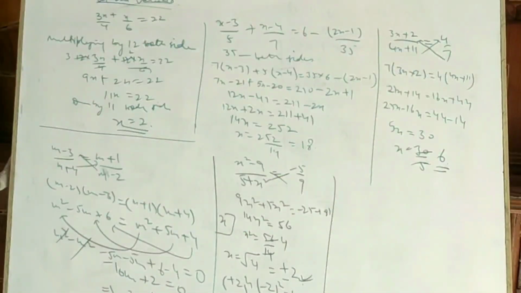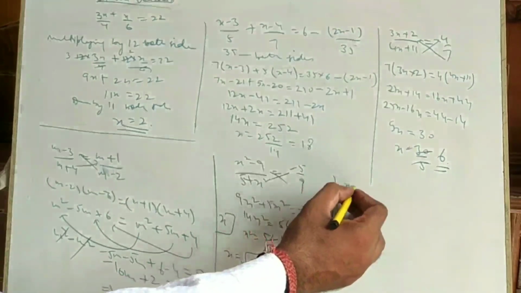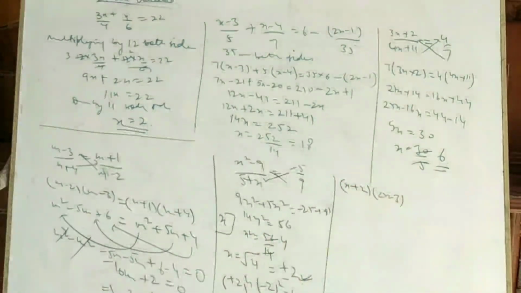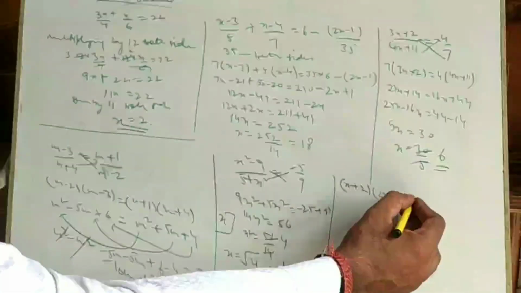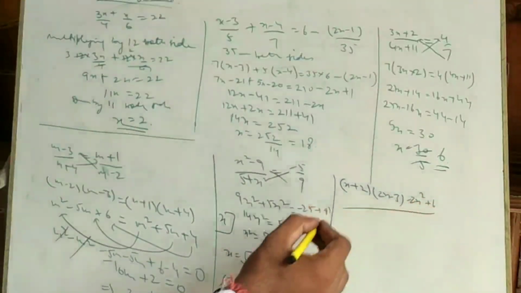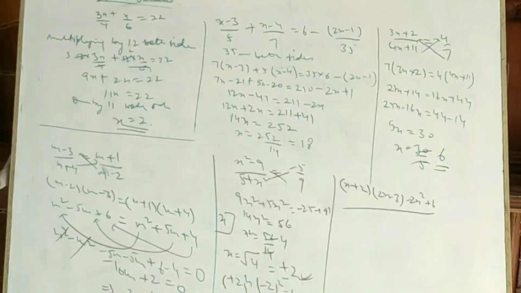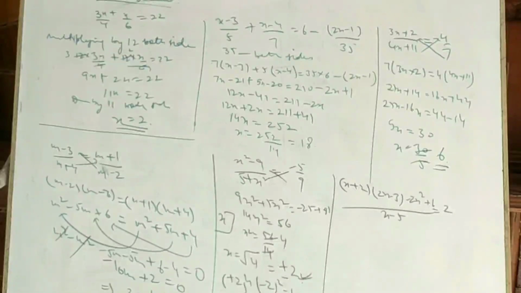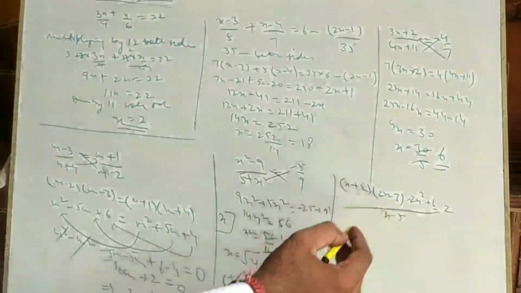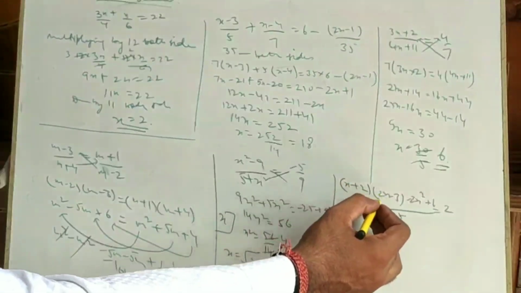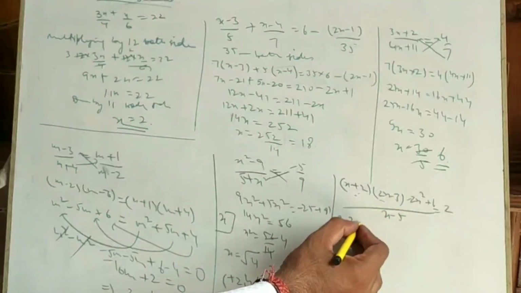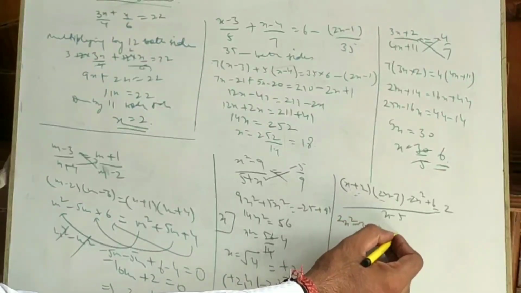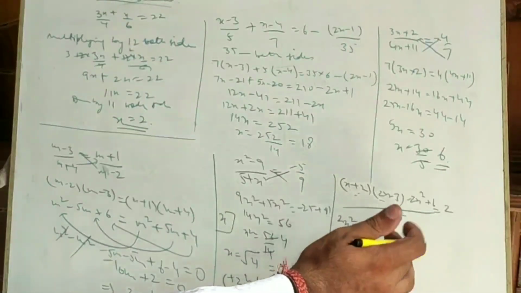Last we have (x + 2) into (2x - 3) minus 2x square plus 6, divided by (x - 5), is equal to 2. So this is again multiply these two. On multiplying these two, x will be multiplied by this, so this is 2x square minus 3x plus 2 will be multiplied, then plus 4x minus 6. This is the multiplication of these two.